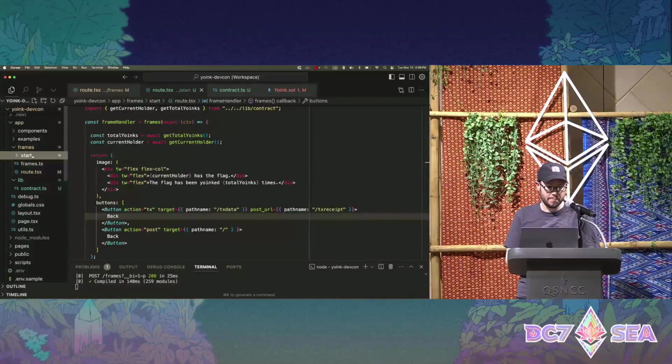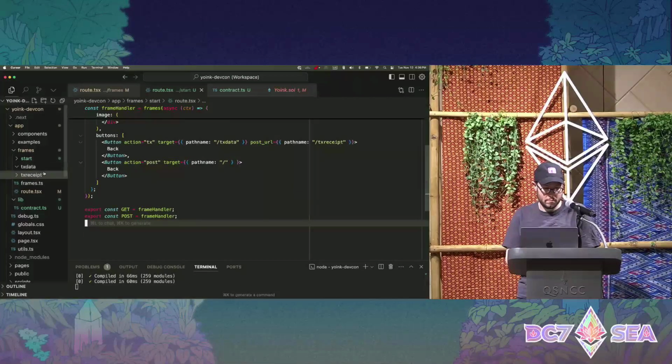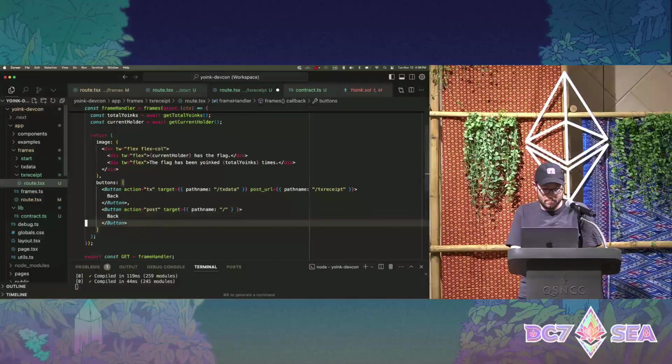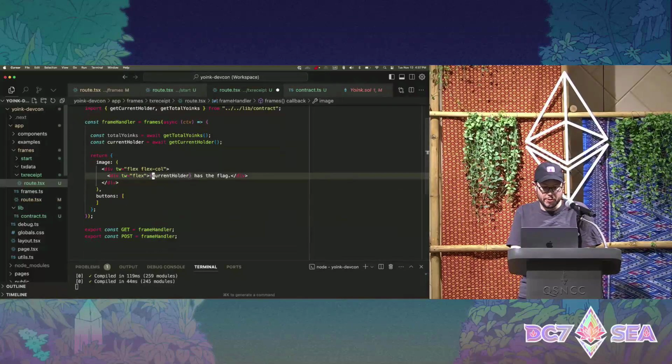Let's go create those. We'll just put a simple placeholder in here for the receipt.